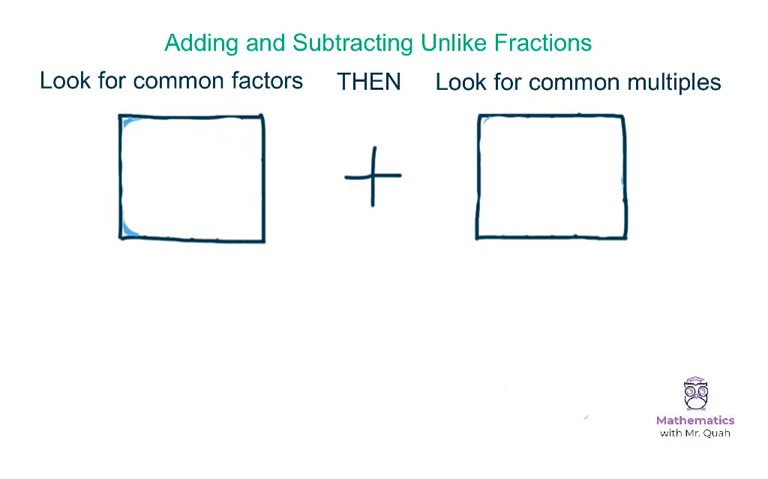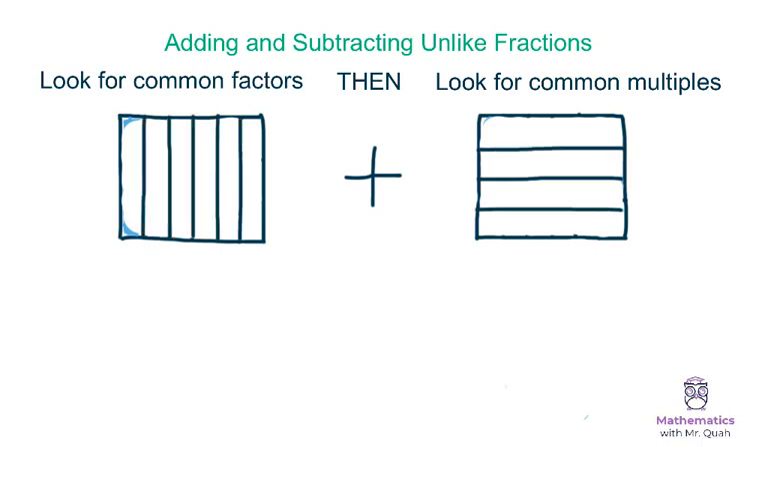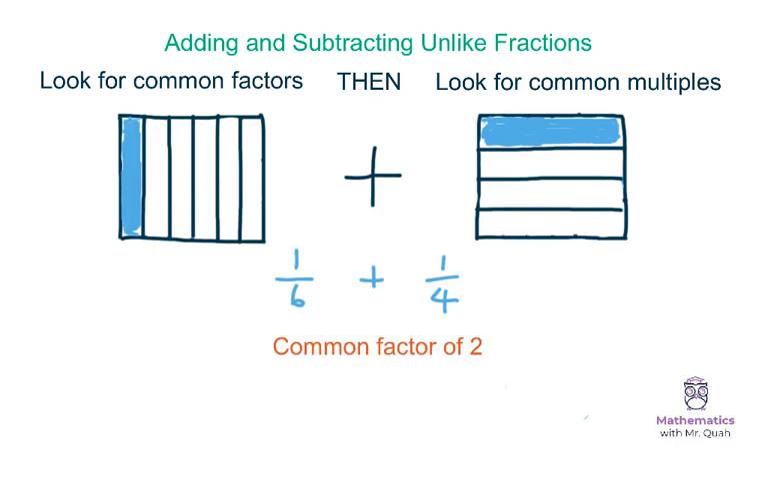Okay, let's look at another example, and we're going to stick with addition, even though it's adding and subtracting, just to keep it focused. And we're going to look at sixths and quarters, and we're going to do 1/6 plus 1/4. So first of all, we look for common factors, and straight away we know they've got a common factor of